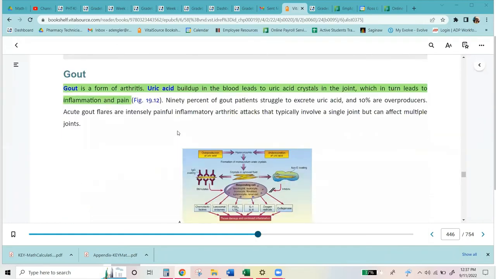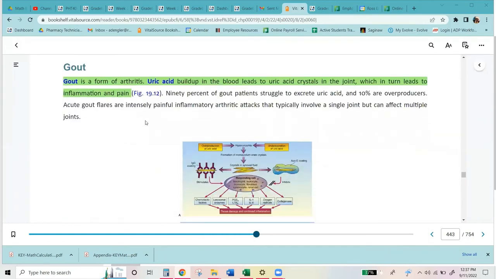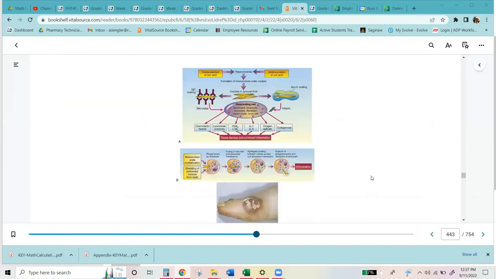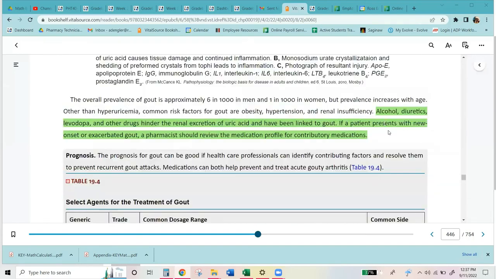And that's just going more over those meds. Gout is a form of arthritis. Uric acid buildup in the blood leads to uric acid crystals in the joint, which in turn leads to inflammation and pain. Alcohol, diuretics, levodopa, and other drugs hinder the renal excretion of uric acid and have been linked to gout. If a patient presents with new onset or worsened gout, a pharmacist should review the medication profile for